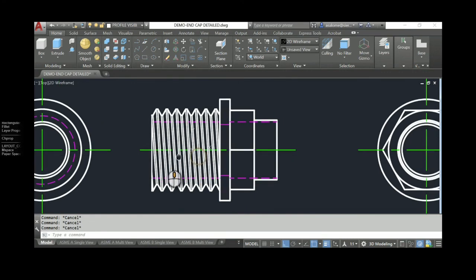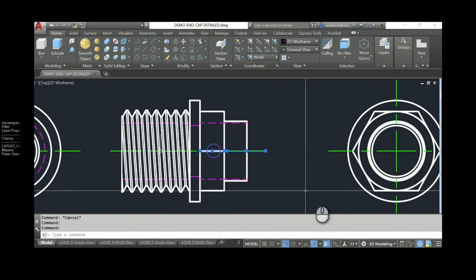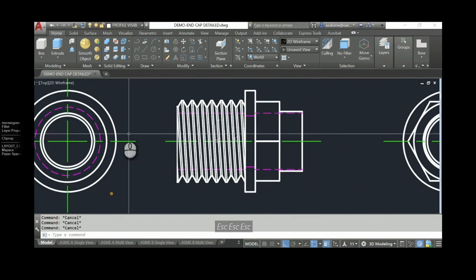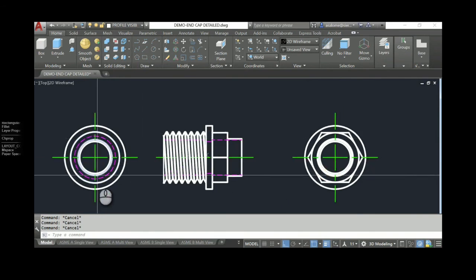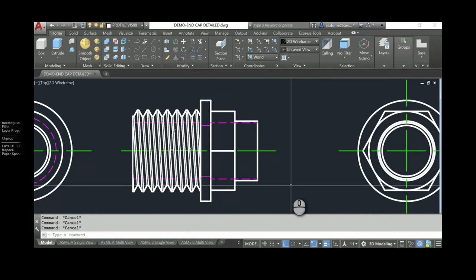Okay. Now, I'm not going to show you the rest of this. Make sure you have all of the dimensions on here. Make sure you're using leader to call out the thread. Make sure that thread callout has 3 decimal places. Make sure your views are in their proper home. Make sure the views are correct. Remember that a center line cannot become an object line. And my part's not done. I'm missing some hidden lines over here. So if I'm missing hidden lines, I either need to draw them in, or I need a note on my drawing that says some hidden lines omitted for clarity.